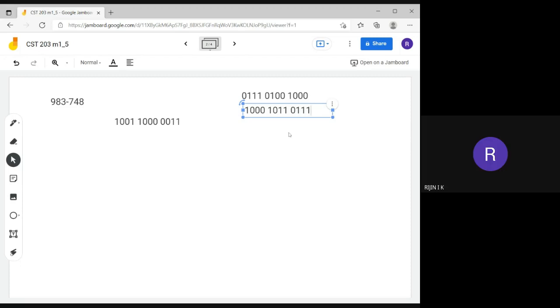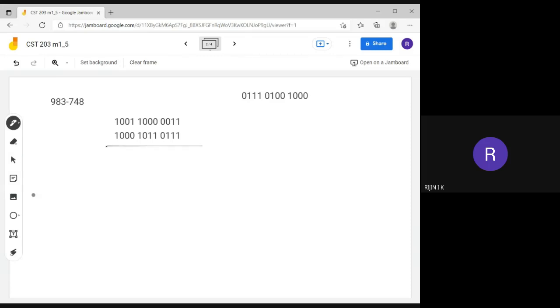That is the equivalent one's complement. So you need to add these two numbers.